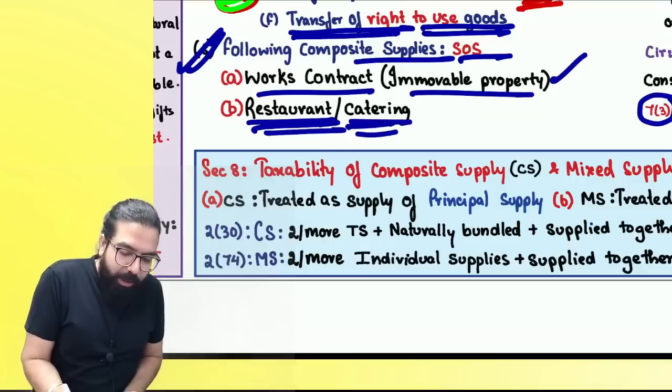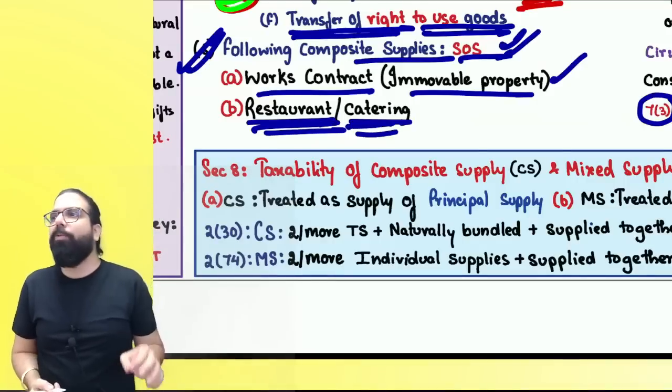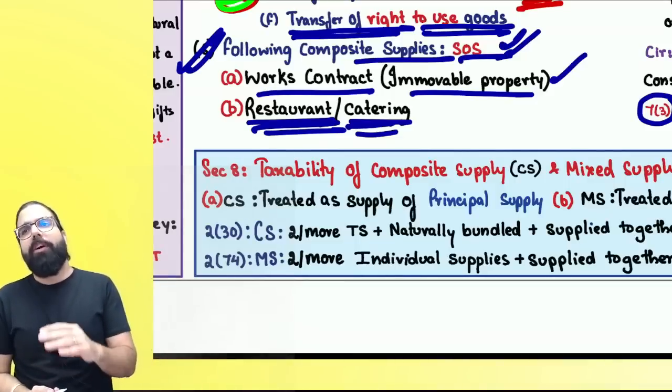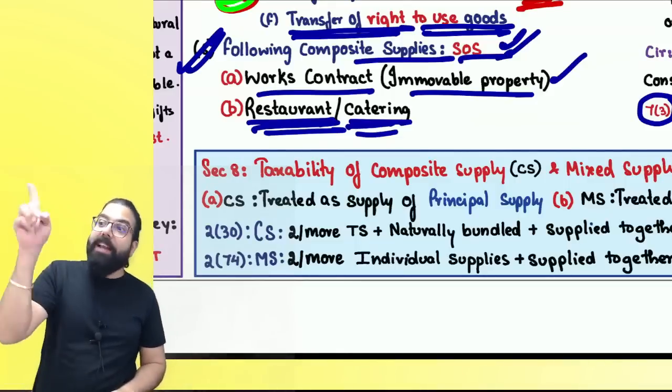The next one over here, restaurant and catering. Always remember this is a composite supply where material plus labor both are being supplied. It is always the supply of service. Can we go ahead, everyone? If anything